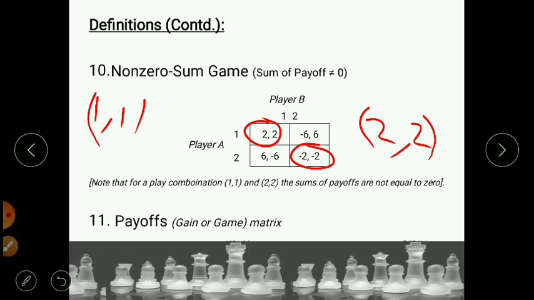The characteristic of this game suggests that for the play combination of 1 comma 1 and 2 comma 2, which are the values indicated here in circles, the sums of the payoffs are not equal to zero. Okay,